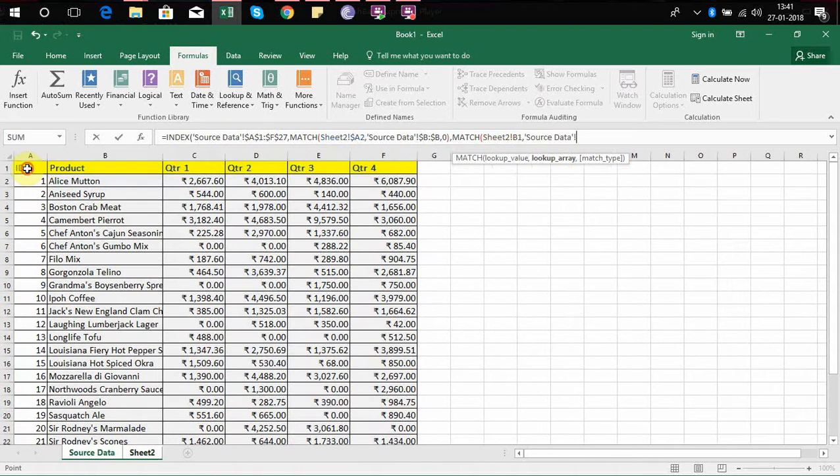So in the source data your lookup array is here. Correct? So from A to F I have selected. Freeze this, comma, 0. So with this my syntax ends, and let's put one more bracket since we have opened here index. So